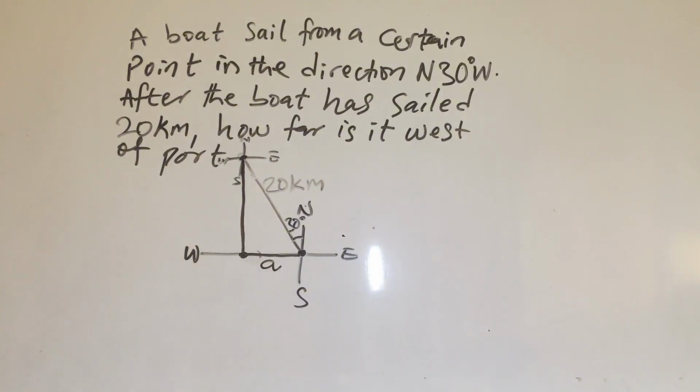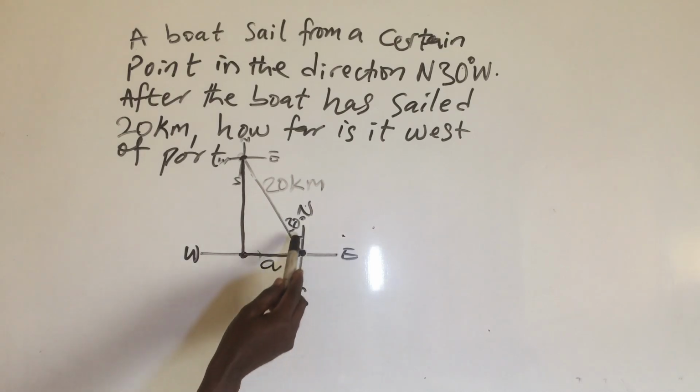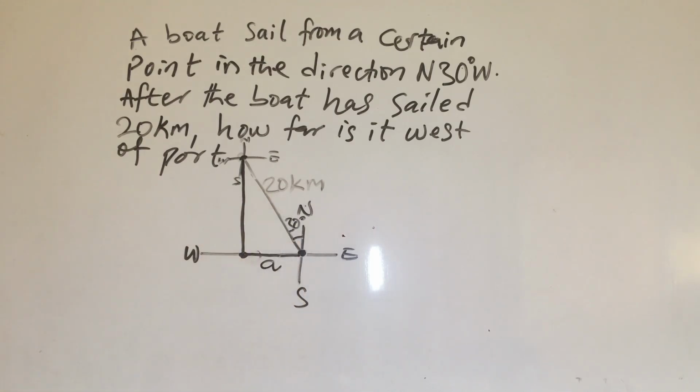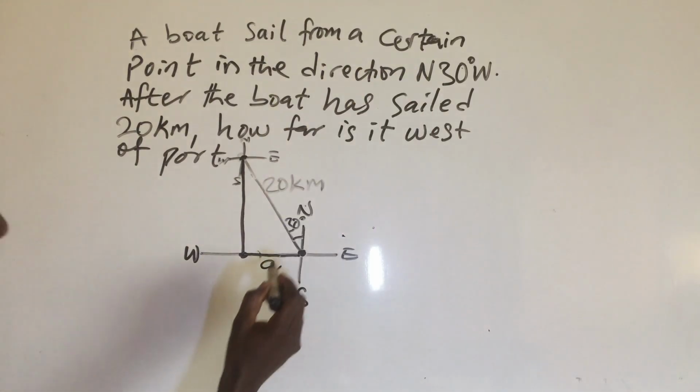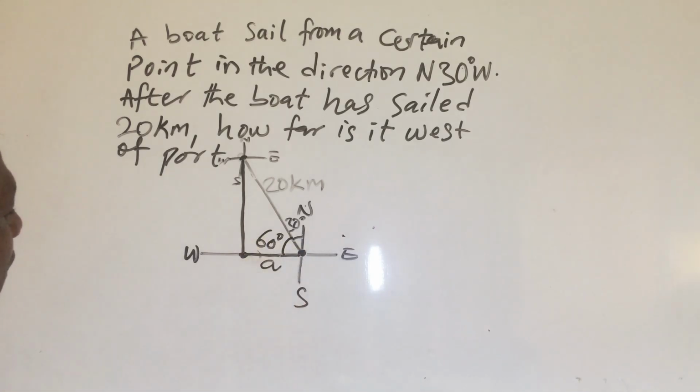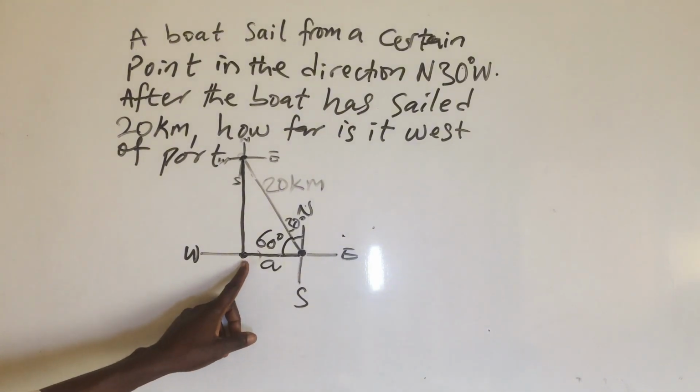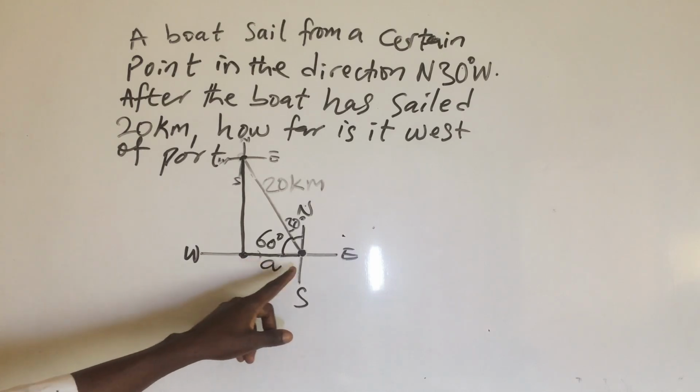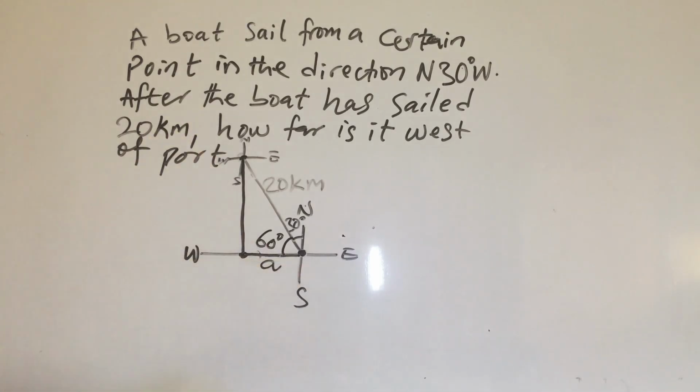Remember that from here to here is 90 degrees. Since we have carved out 30 degrees from the question, the remaining angle inside this triangle will be 60 degrees, all right? Now, to find this distance, the distance of the boat from west to port,